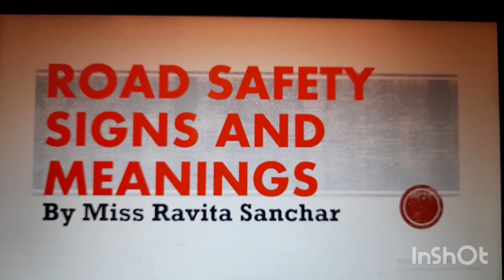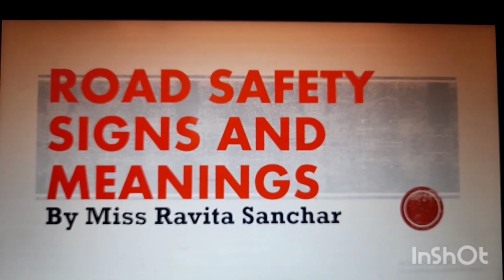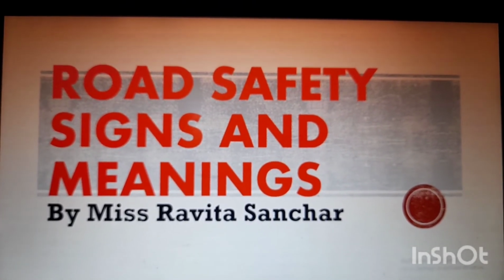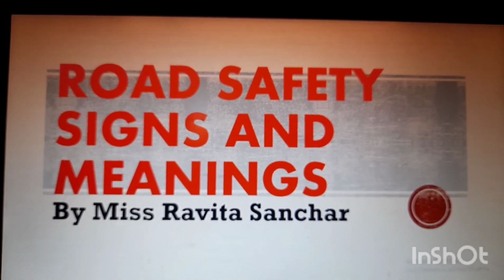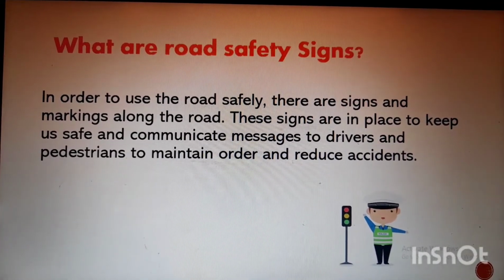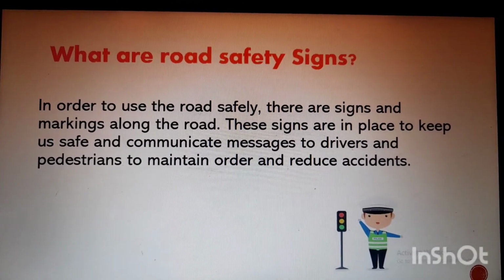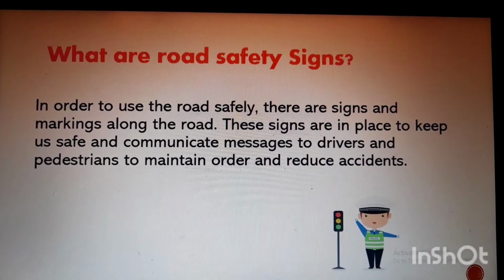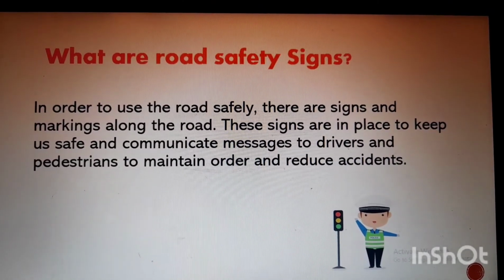Okay, boys and girls, now let's come into the PowerPoint presentation and follow along with Miss as she reads. This presentation is called Road Safety Signs and Meanings by Miss Ravita Sanchar. What are road safety signs? In order to use the road safely, there are signs and markings along the road. These signs are in place to keep us safe and communicate messages to drivers and pedestrians to maintain order and